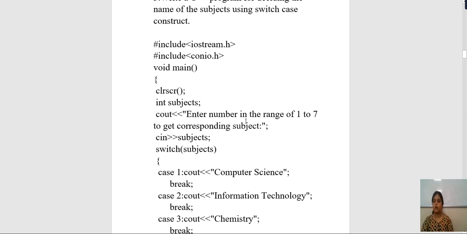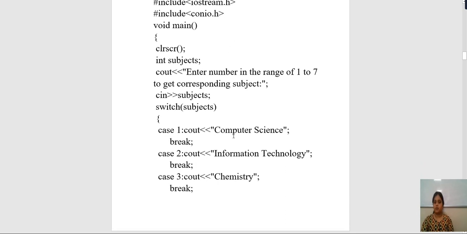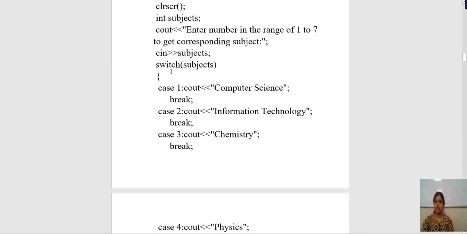Now whenever you are writing a switch case program, you use an expression called switch. This is the keyword switch, and the expression is written in the round brackets. So here we have written switch subject. There are different types of cases used in it. The first case is case 1, cout computer science.